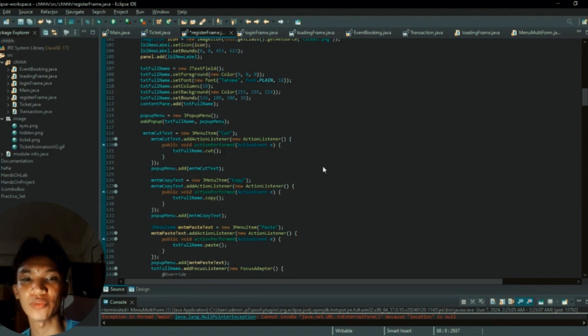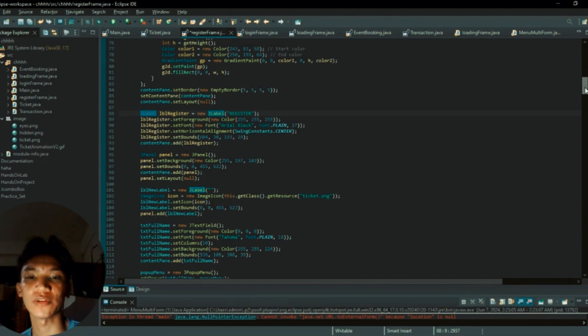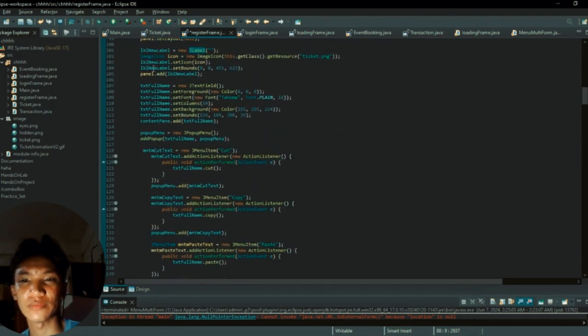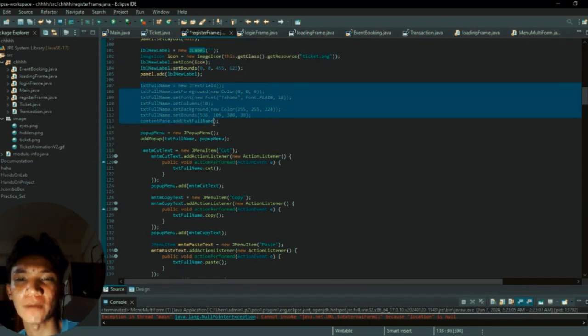The JLabel is to let the user know to fill up and register. And we have an image icon, and we have the text full name to let the user fill up his or her full name.